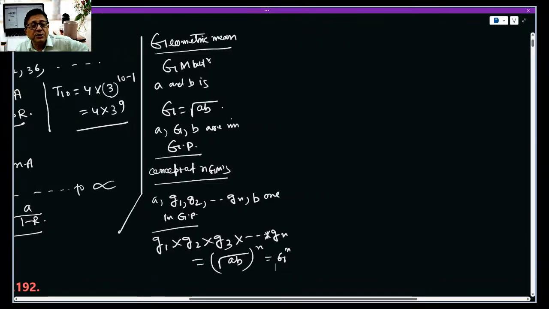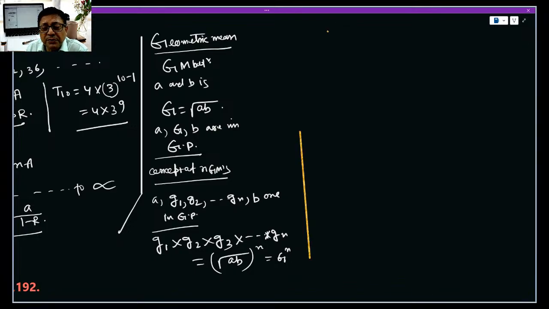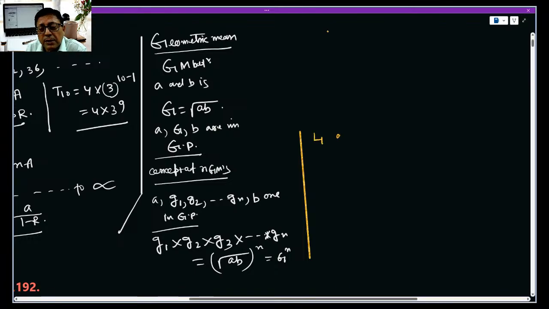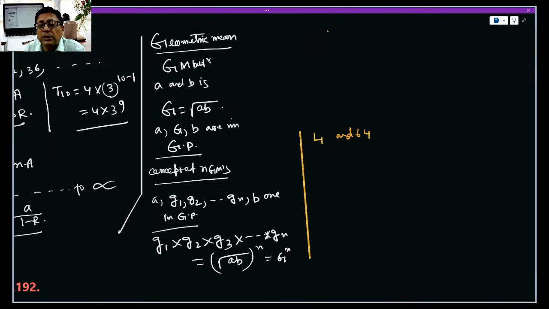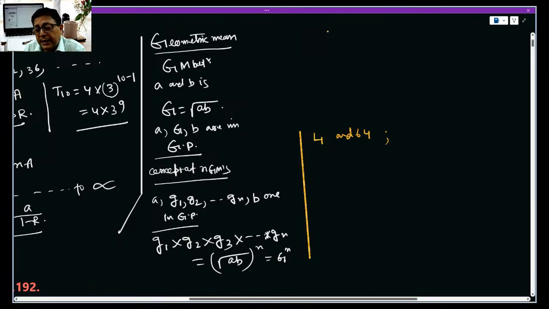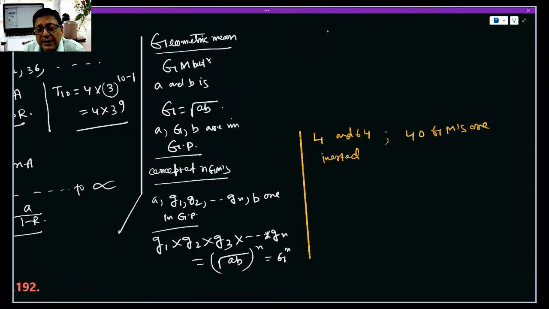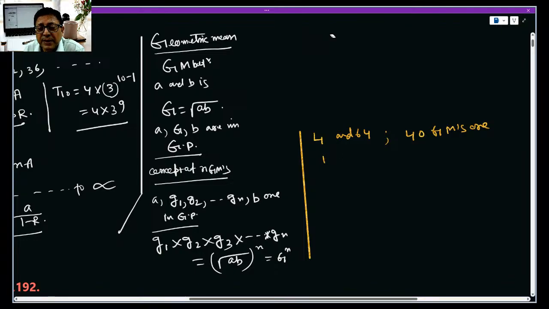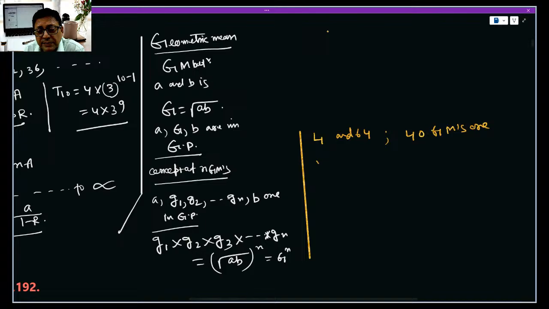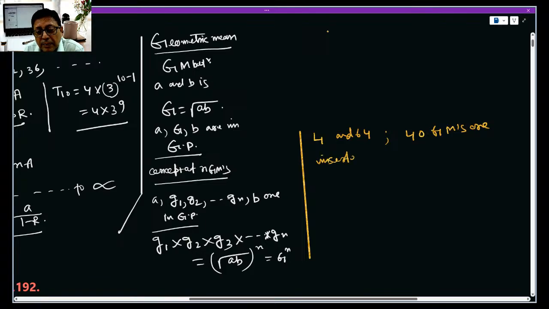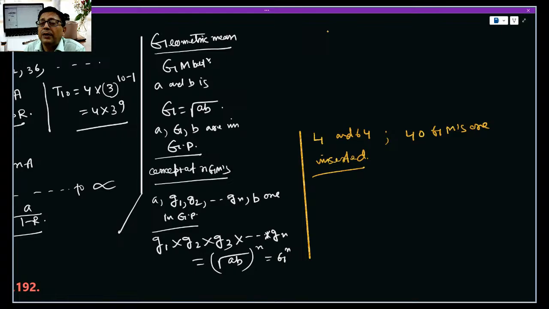See, what is the application of this? This is a very useful theorem or property, whatever you say. I am just asking you, between two numbers 4 and 64, say 40 geometric means are inserted. 40 GMs are inserted between 4 and 64. Okay? Then